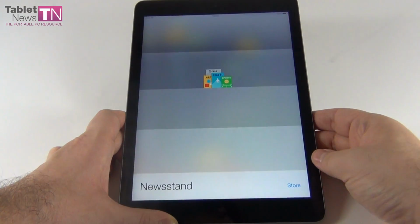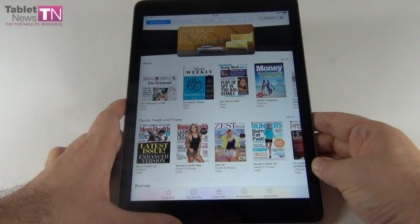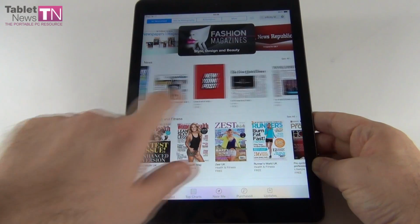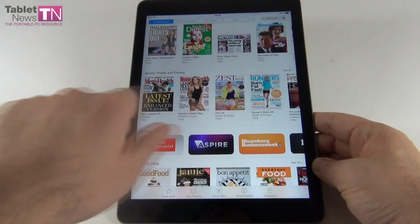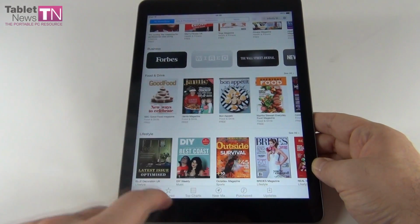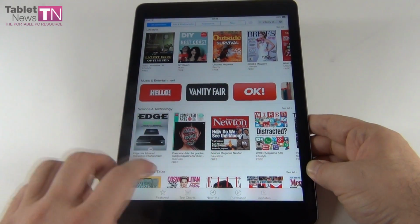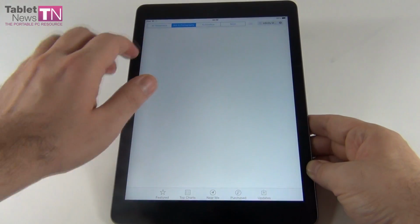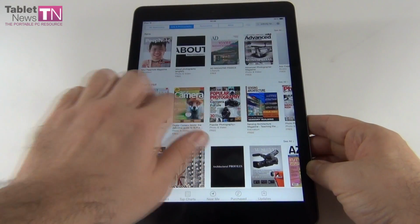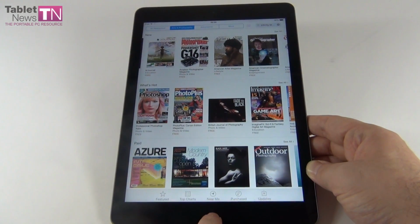This is newsstand. You can find here your papers, your Top Gear, your Maxim, your FHM maybe, interior design magazines, fashion magazines, sports, health, fitness, business, Forbes and Wired, Jamie Oliver and lifestyle. Everything is here in the newsstand. This is both a way to download stuff and also a way to read your magazines. Arts and photography. Didn't even know there were so many